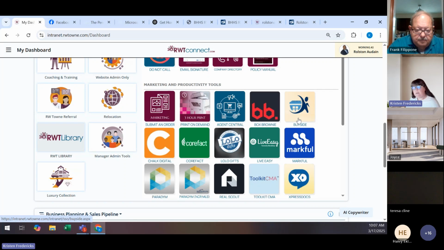It's really similar in some respects. We talk about this with Express Docs, that BHHS Global has a version of Express Docs, and of course, we have a local version that has more information for you. This Buyside button is the same as that Buyer Match. We have a couple of extra add-ons at the company level. So you'll want to go ahead and access that through RWT Connect if possible. Once you click on this,